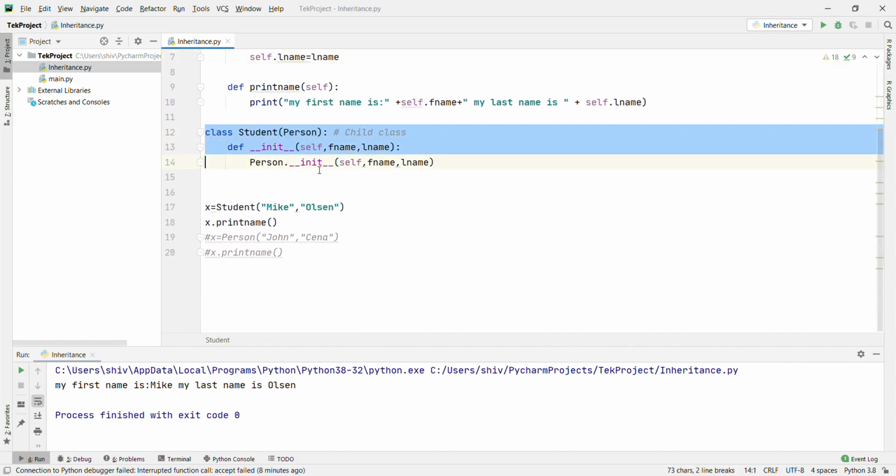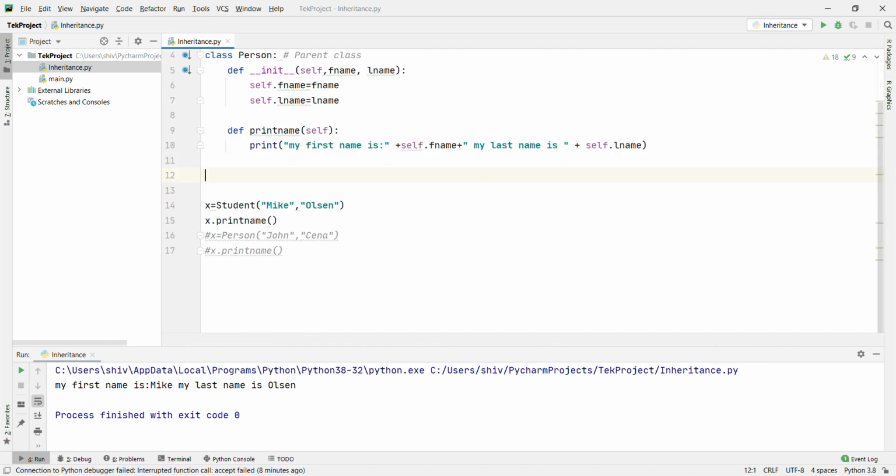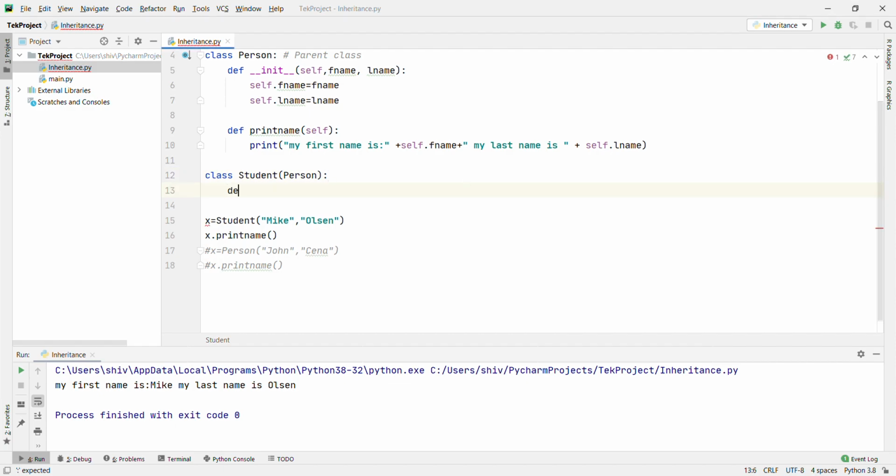Let's remove this one. Create class Student and pass Person, colon, and we'll define init. Okay, and self, first name, comma, last name.